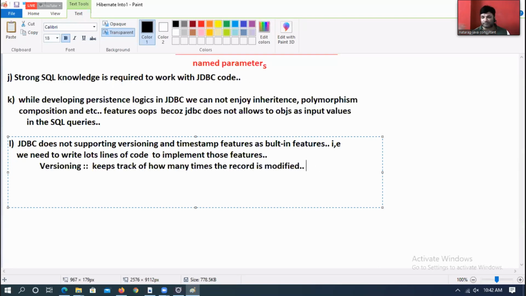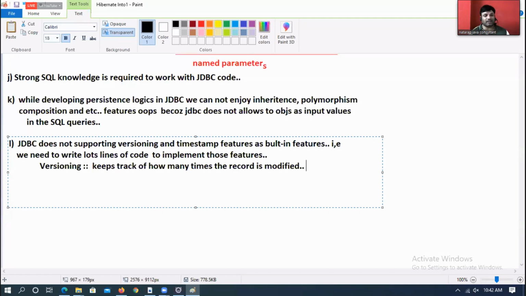If you explicitly write the logic, then only it will keep track. Otherwise, it will not. First insertion 1, on updation 2, on updation 3, one more time 4, any column updation 5, again updation 6. Every modification it will keep track, but we should write that logic manually.